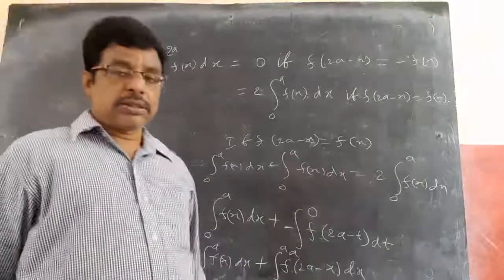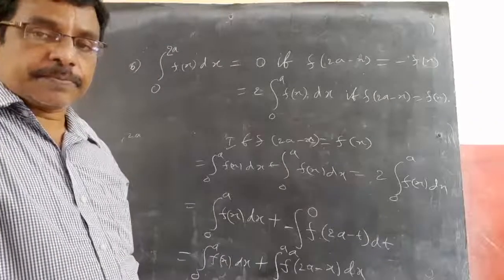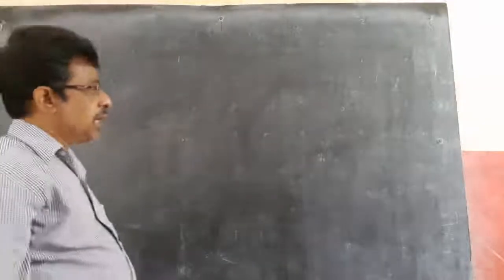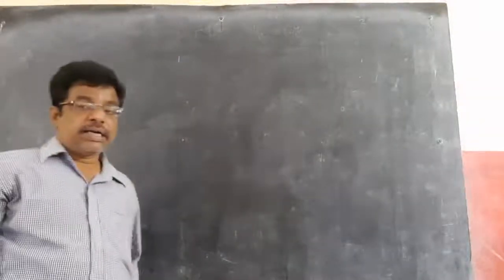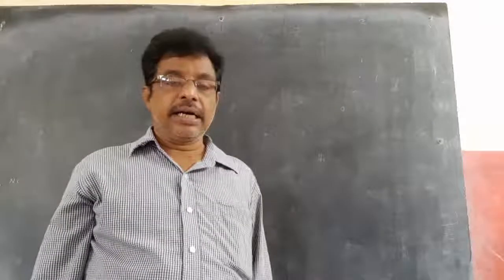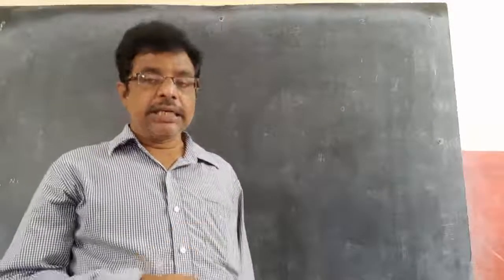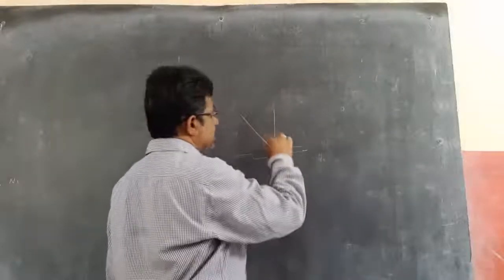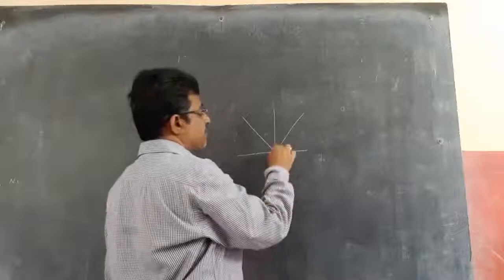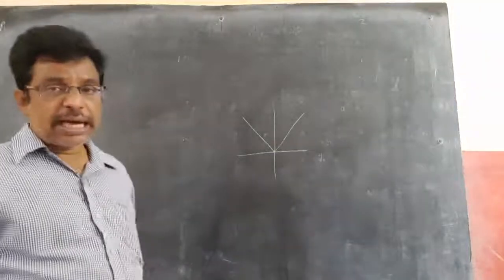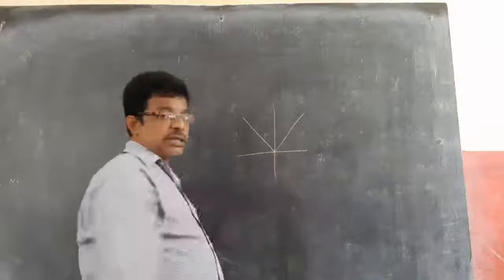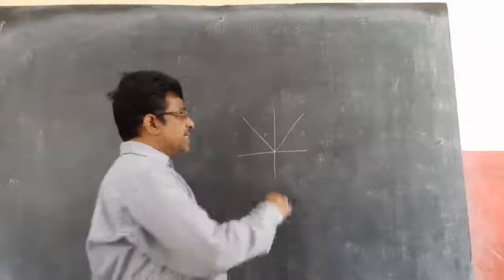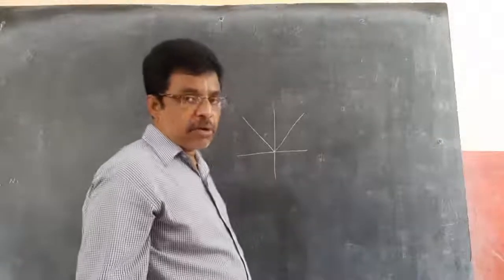We will see those next. Next property. Some functions are continuous but not differentiable at some point, and at other points they are differentiable. For example, mod x is continuous everywhere but not differentiable at 0. It has a sharp edge there, so you can't differentiate the mod x curve at x equal to 0. Elsewhere it is differentiable.